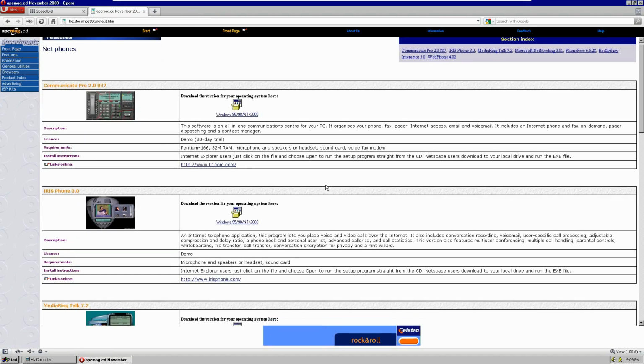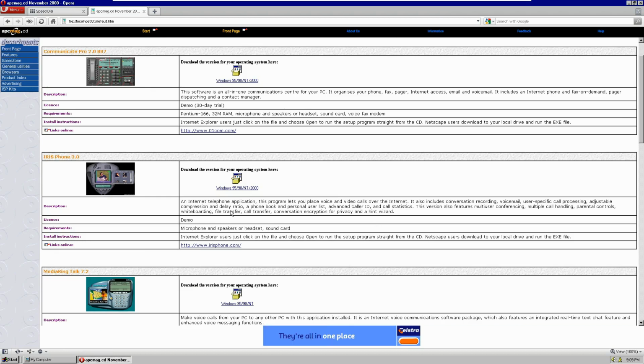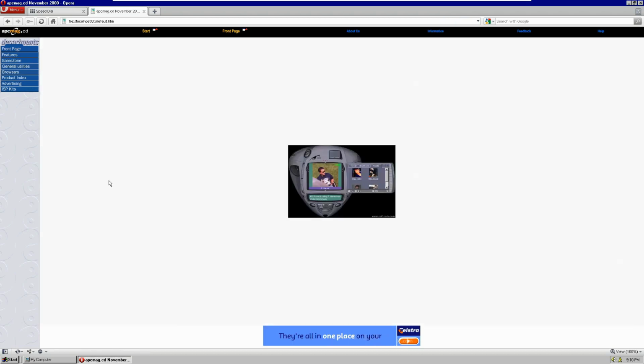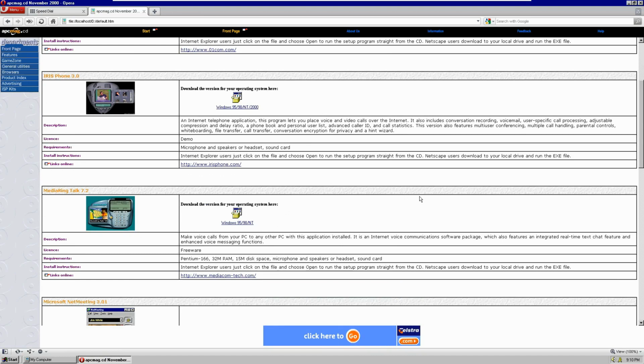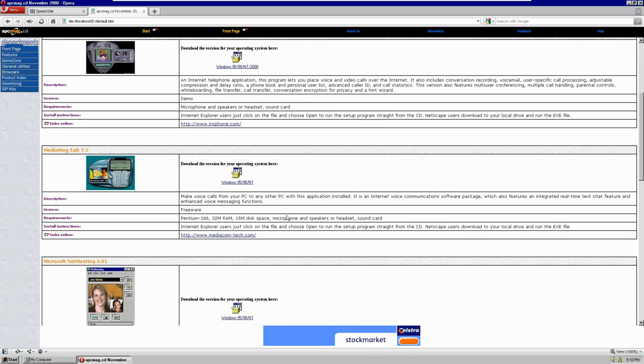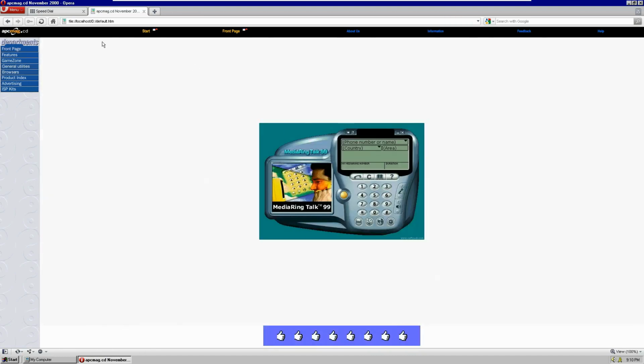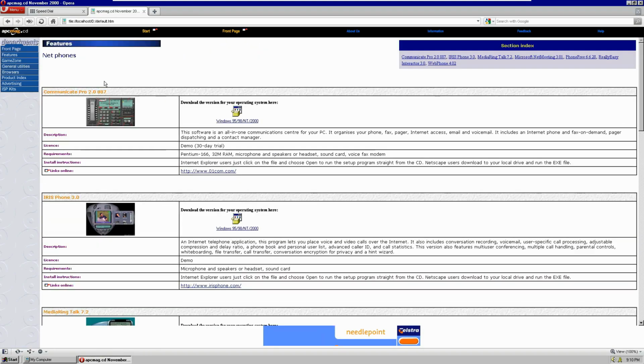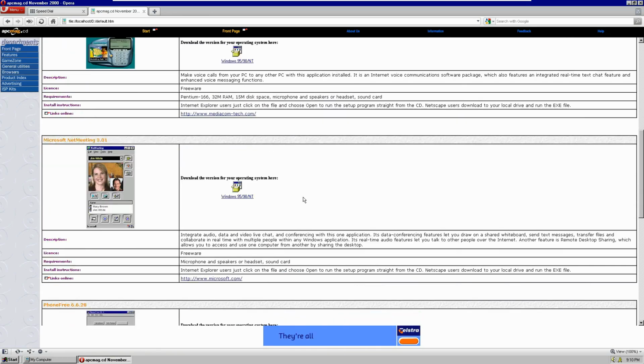So going back to net telephony, there's also this Iris phone, another phone application that actually looks really cool. It definitely has that 2000s computer look where everything was trying to be its own original take on something, and it was always space agey, futuristic-y like this. Media Ring, same kind of thing, trying to do its own thing. I kind of love the stock standard, trying to look as much like a phone as possible, to be honest.